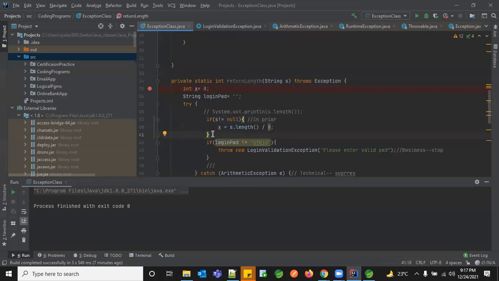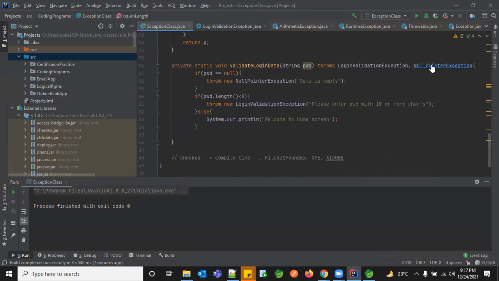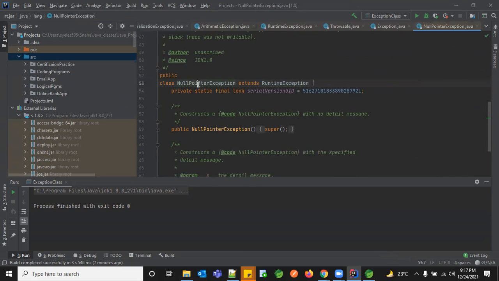Okay. So all these checked ones, we could check prior to our execution itself. So those come under checked. And unchecked ones, you told us we cannot check and handle. Null pointer exception also falls into runtime exception, but there is a chance for you to handle it by checking it before compiling itself.